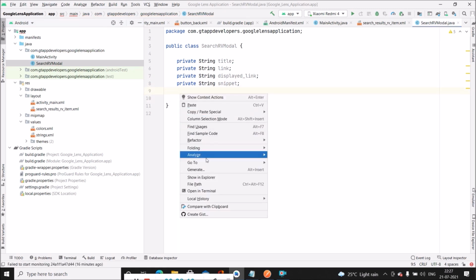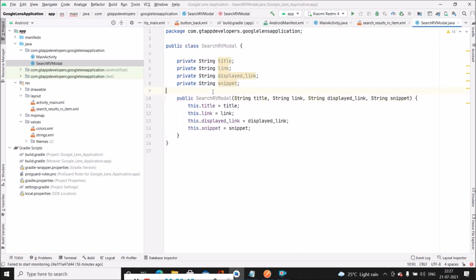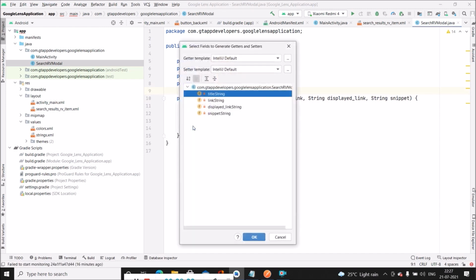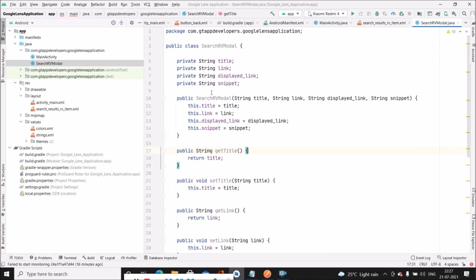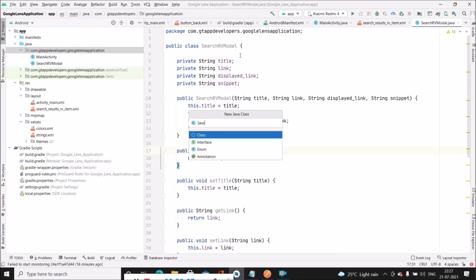Then we have to create a constructor and getter and setter methods. So for that we have to right click, generate constructor, select all the variables and then create this constructor. Similarly, we have to create getter and setter methods. So we have created this model class as well as constructor and getter and setter methods. Now we have to create the adapter for the same. That is, we have to go to package name, right click, new, Java class,